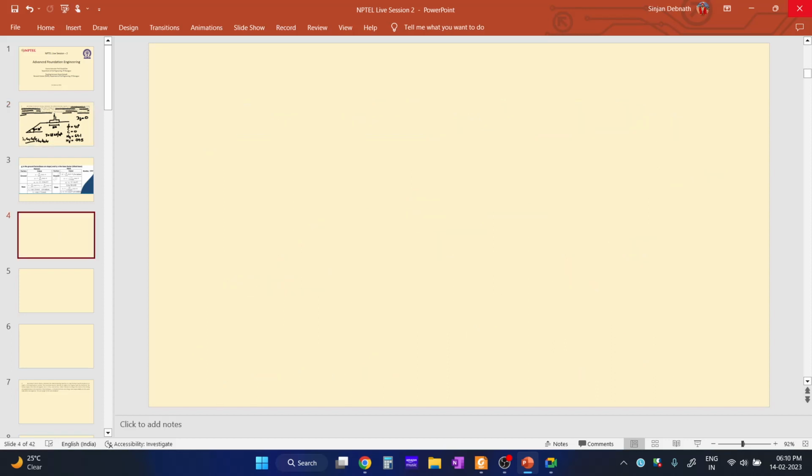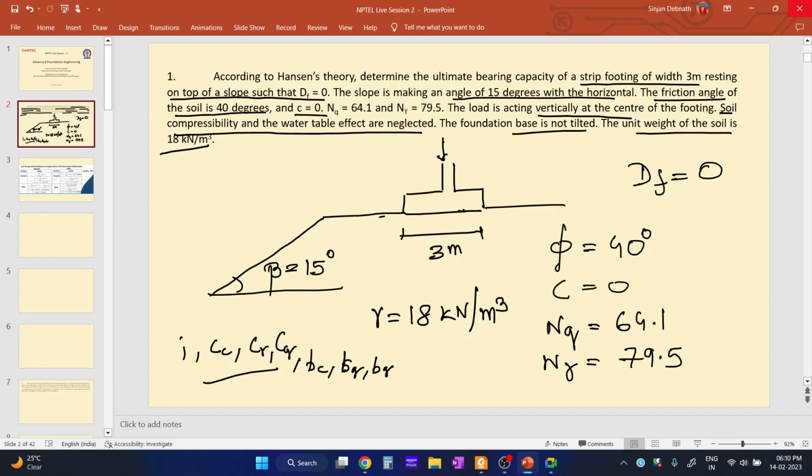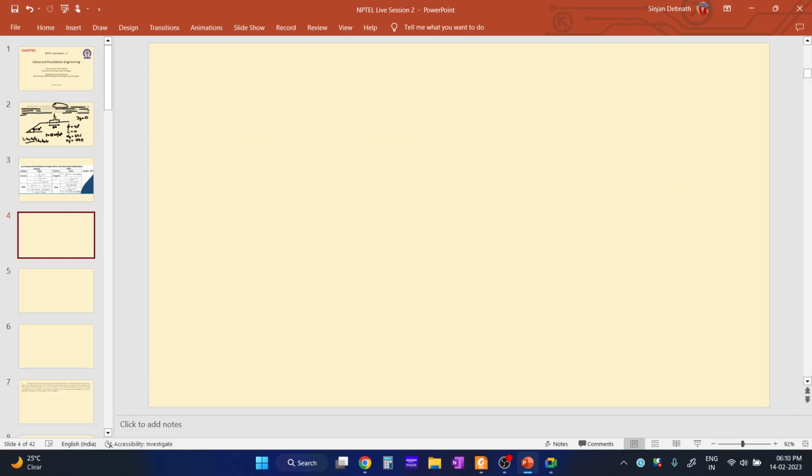So what is the bearing capacity? Here we are asked to determine the ultimate bearing capacity of a strip footing. What is the formula for the ultimate bearing capacity? qu is equal to c Nc into shape factor, depth factor,